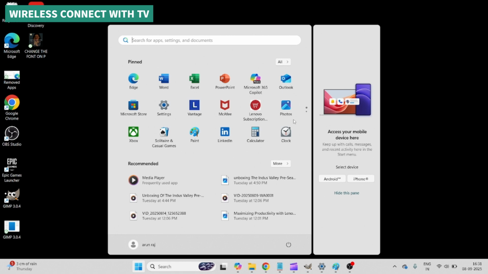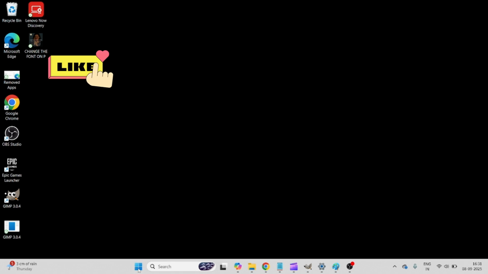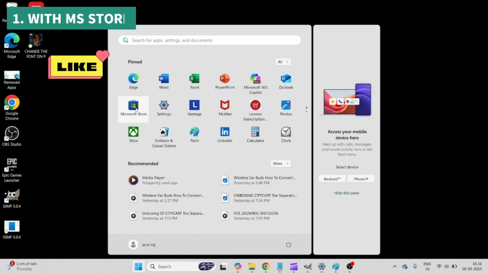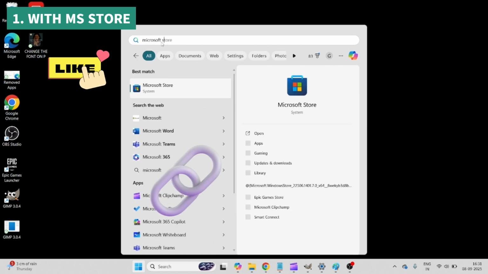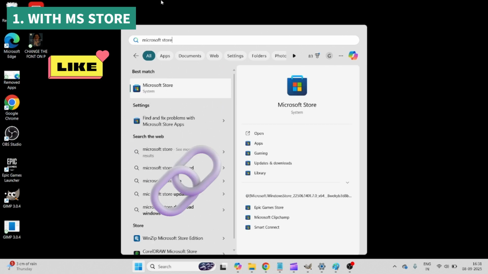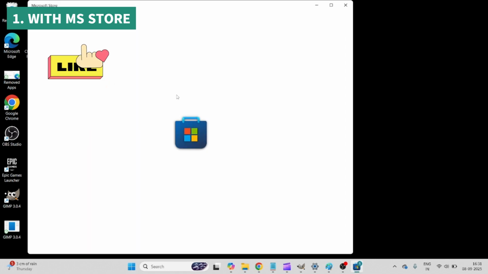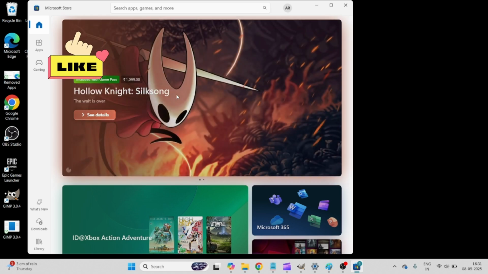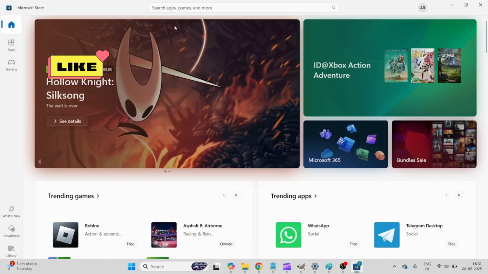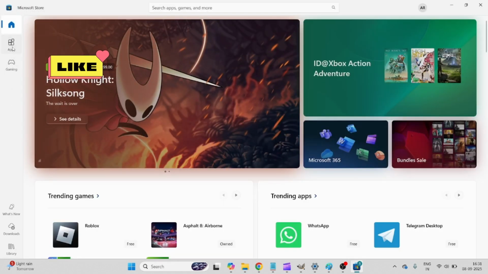When you click on this Windows logo here, you'll find Microsoft Store here. If you don't find this icon here, you can just search for Microsoft Store. This is one way of downloading apps to your computer, and I'll tell you another way also at the end of the video. First of all, open the Microsoft Store and here click on this app section at the left side,